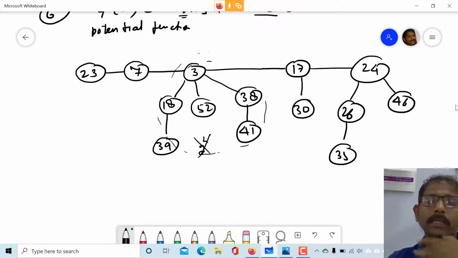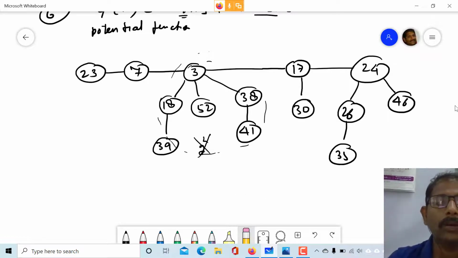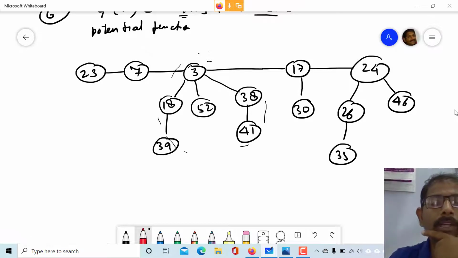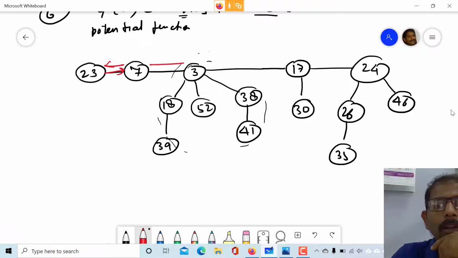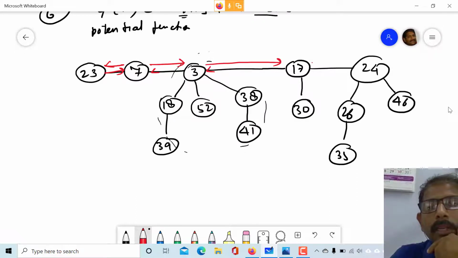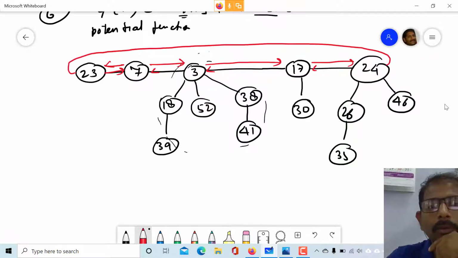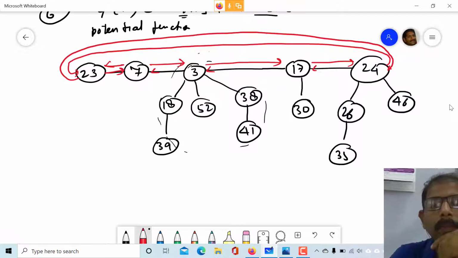So this is a simple diagram of the Fibonacci heap. Now let me discuss the properties in this case. The first thing I have said is that all the root nodes are directly connected to each other. These nodes will be bidirectionally linked to each other, and the last node will also be linked with the first node. Therefore, there is formation of a cycle.